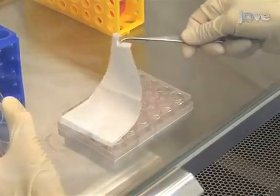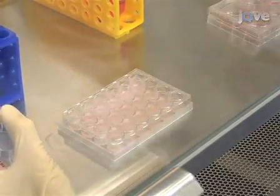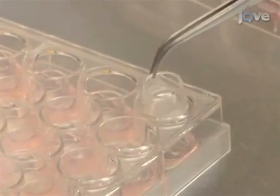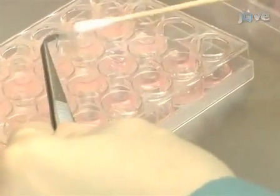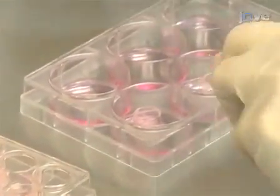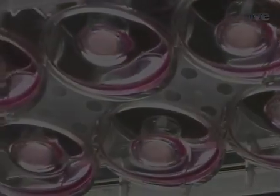Then, after removing the tape, open the plate and remove the gauze covering the EpiAirway inserts. Using a twisting motion, use tweezers to release an insert from the agarose. Place the insert into one of the wells of the 6-well plate. If needed, use a sterile cotton swab to carefully remove the agarose from the insert, avoiding touching the membrane. Confirm that no air bubbles are trapped beneath the inserts, and then place the